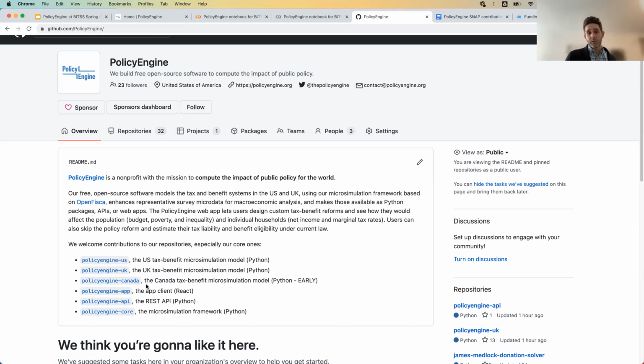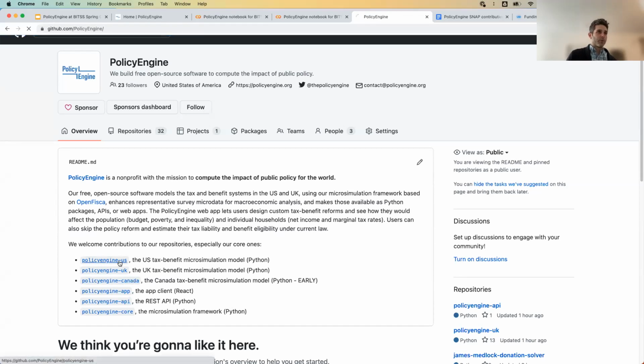And that's been nice to have open source too, because there's been some people who have said, hey, I don't like the way this works in the app. And if they know a little bit of React, they can just file the issue, fix it themselves. So it's been very valuable to us. And then the API. So our API is serving our app, but it also serves a couple of other apps. So anyone, if they want to figure out tax and benefit rules, but maybe they don't want to run their own Python server, they can just hook into our REST API and ensure that those rules are available to anyone wherever they might be. And then the core simulation framework, which is adapted from OpenFisca.